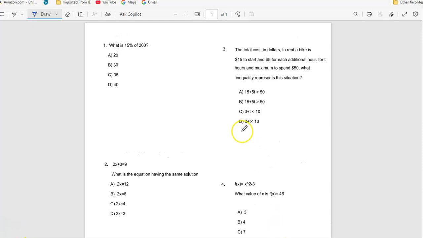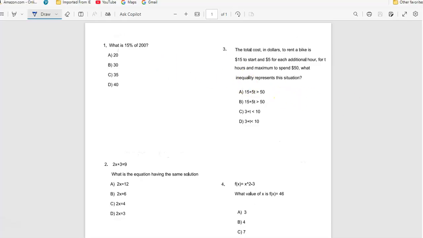Alright, we're gonna work on these four problems for SAT practice. I recommend you start working on them first and watch the work after that. So the first one, what is 15%